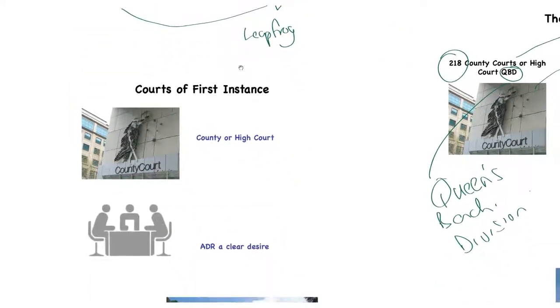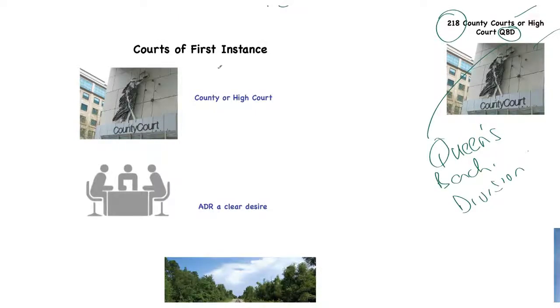Something that we would have discovered and talked about when we looked at criminal courts was this notion of courts of first instance. What is a court of first instance? A court of first instance is where the case is initially heard, where the trial takes place first. And that will either be in the county court or the high court. Both the county court and the high court have different jurisdictions. They can hear different things, and that will depend on what type of court case it is and the complexity of the court case.